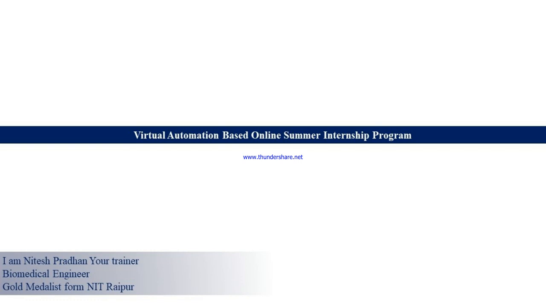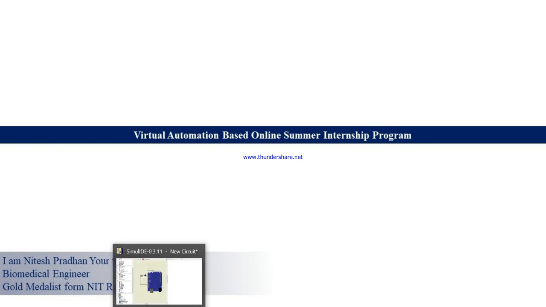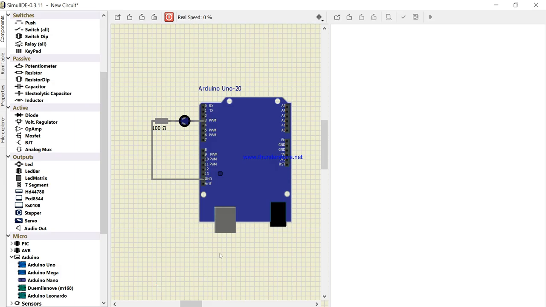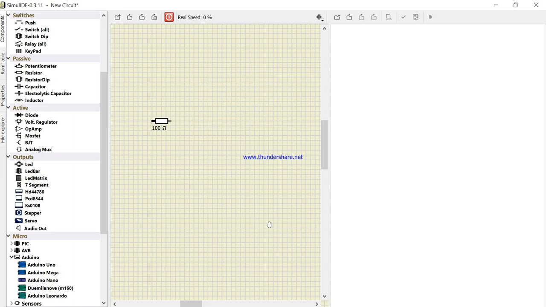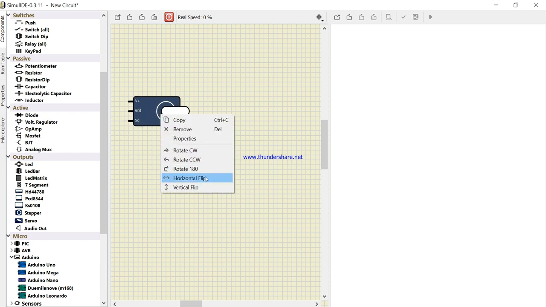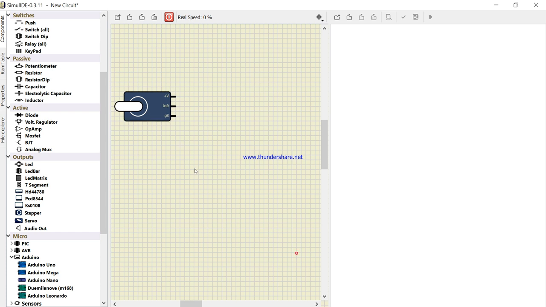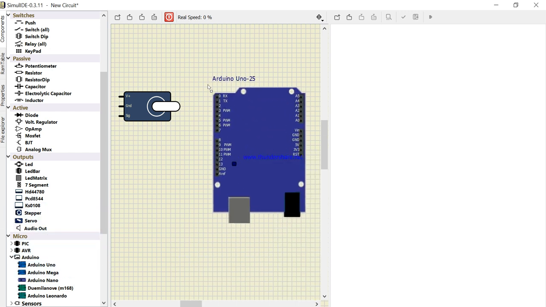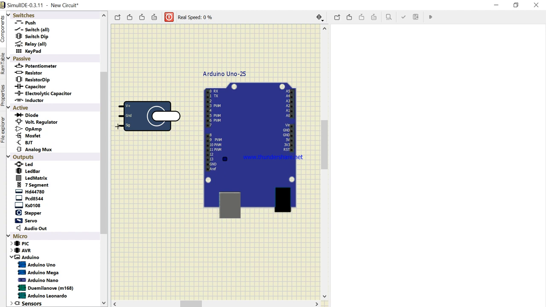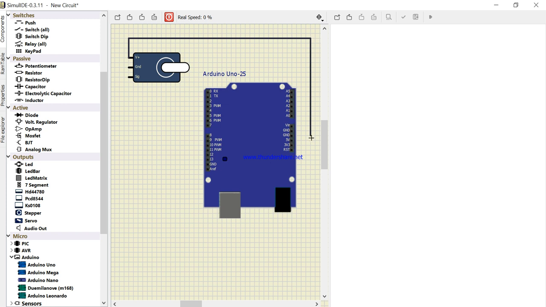In this video, we will learn about servo motors. So for that, how can we simulate the servo motor? Let's come here and take one servo motor. You can rotate it and flip it vertically. After that, take one Arduino Uno. Now this one is signal, VCC, and ground. So we will connect this VCC with the